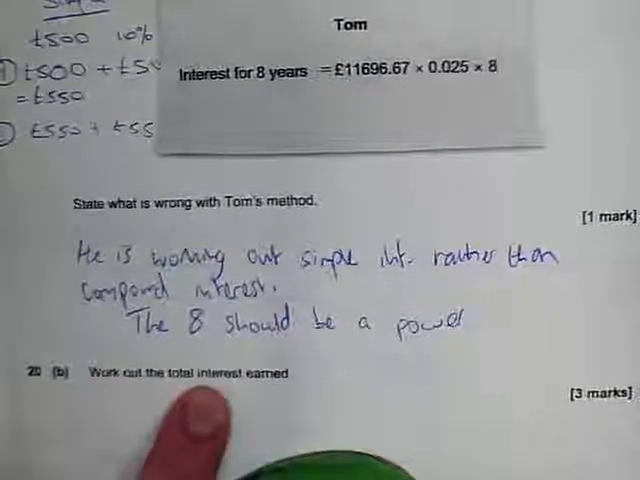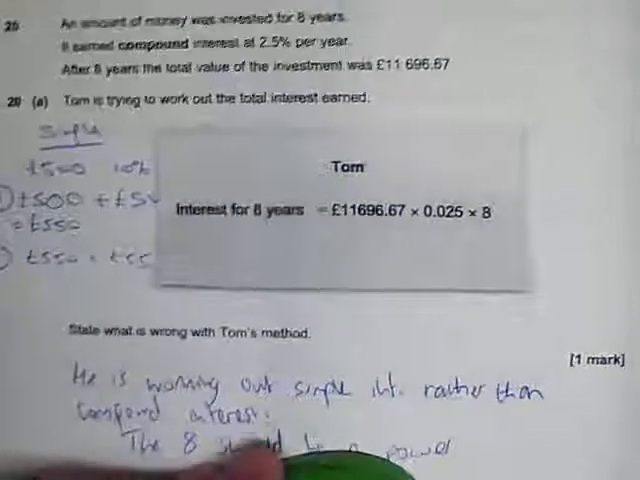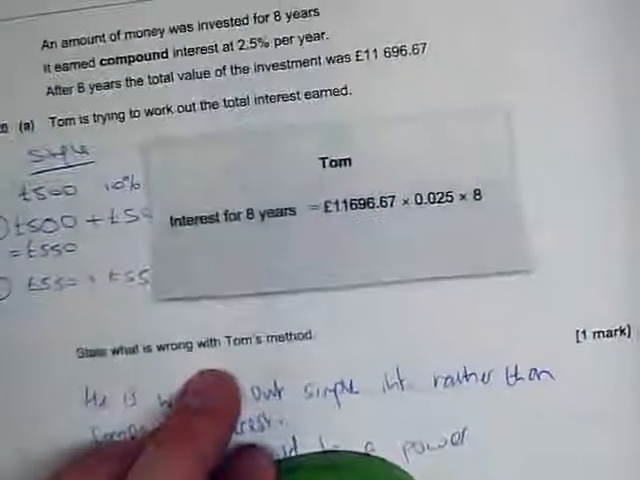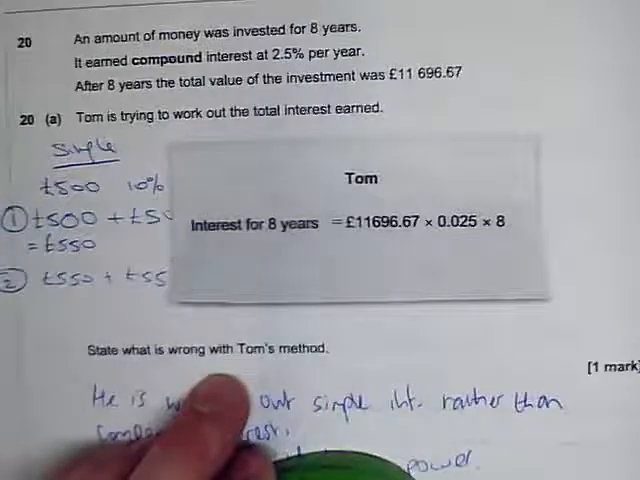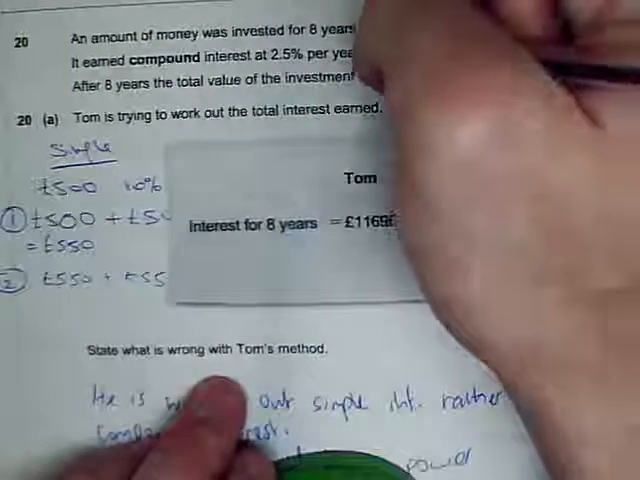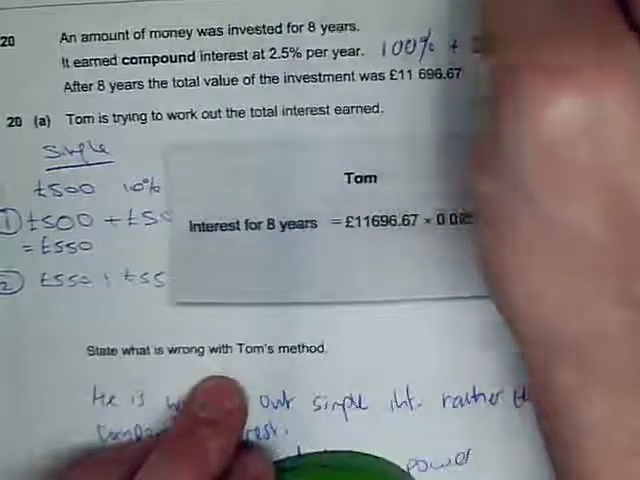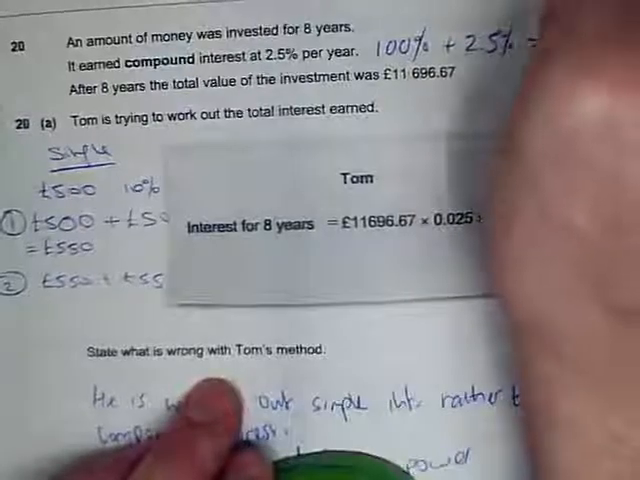Part B, work out the total interest earned. So an amount of money was invested for 8 years. So the way compound interest works is you have an amount of money, so it might be £1,000, and you're getting paid 2.5% per year. So if we think about a way of working out the percentage increase, our original amount of money, which is 100%, has been increased by 2.5% because we've been paid 2.5% in interest. So 100 add 2.5 is 102.5%,